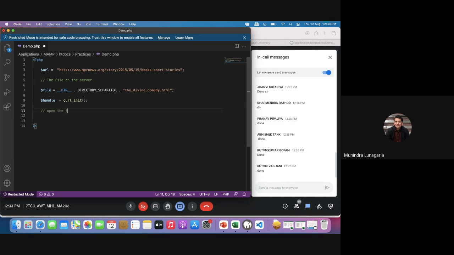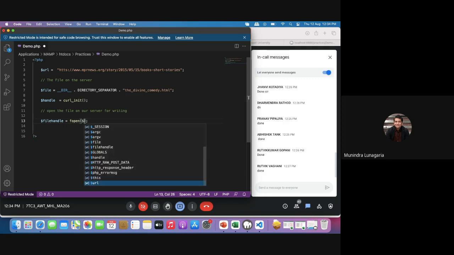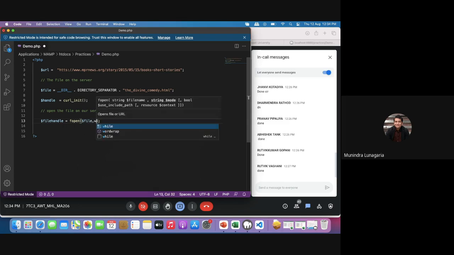Now open the file on our server for writing. So $file equals fopen, and we open in write mode: $file, comma, w.